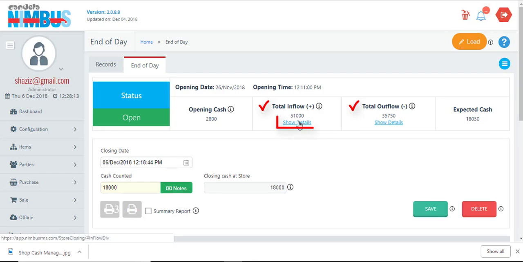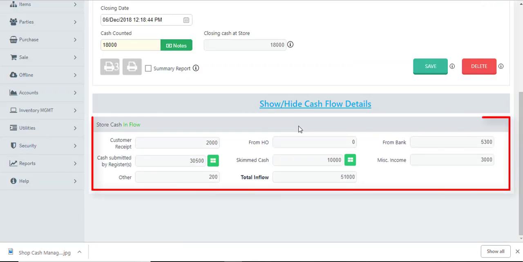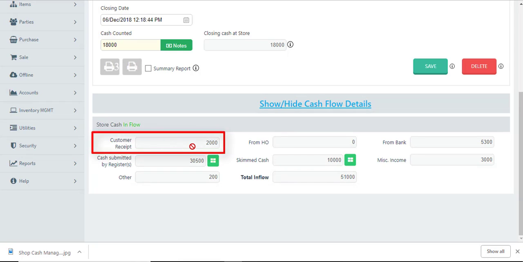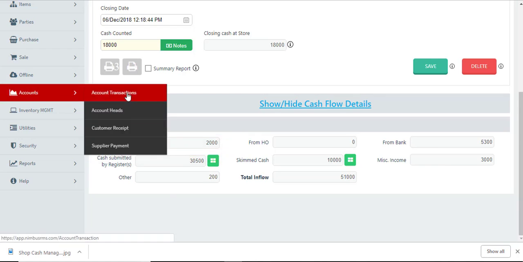We can see the detail by clicking this link, show details. Now these are the details. Customer received is any cash received from customers who were sold on credit and later gave the deposits, and this was entered through the accounting transactions and customer received screen.